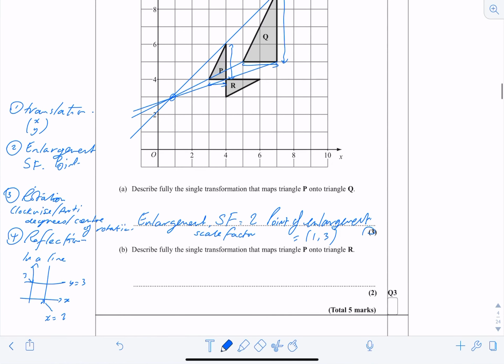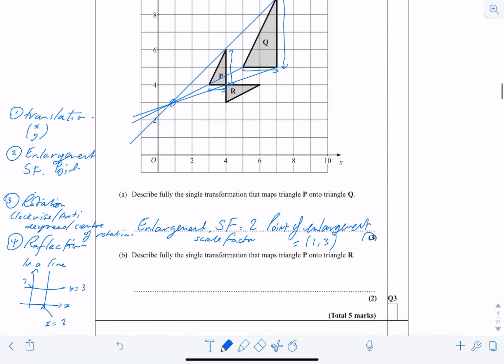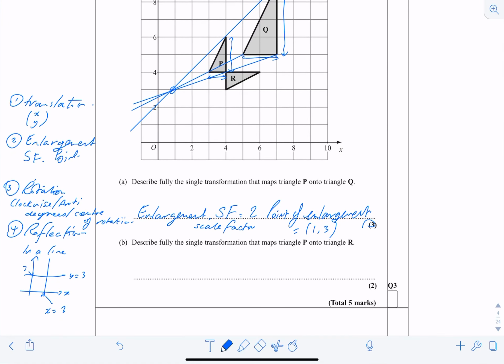Describe fully the single transformation that maps P to R. Okay, so there are a couple of options. Are there a couple of options? No, there's only one. It's a reflection. I'm just going to do it in a different color to make it a little bit easier to see here. I can see that it's being reflected